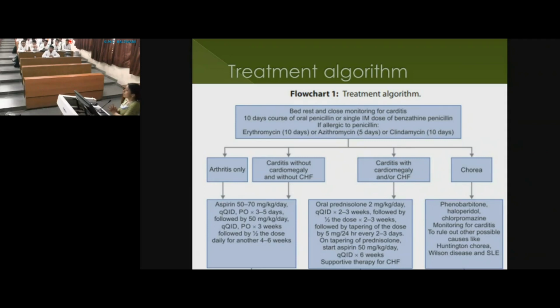Then if you have chorea, usually by that time you will find that inflammation has disappeared. ESR and CRP may be absolutely normal. So again, if the inflammation is normal and the heart is not involved, then anti-inflammatory may not be needed because inflammation persists for 12 weeks, and the child has come to you after 4 to 5 months maybe. So here what we do is we control the symptoms with phenobarbital, haloperidol, promethazine, and you look for cardiac involvement. If you find that ESR and CRP are raised, then you may give aspirin, otherwise it's not indicated. And you start the child on secondary prophylaxis.